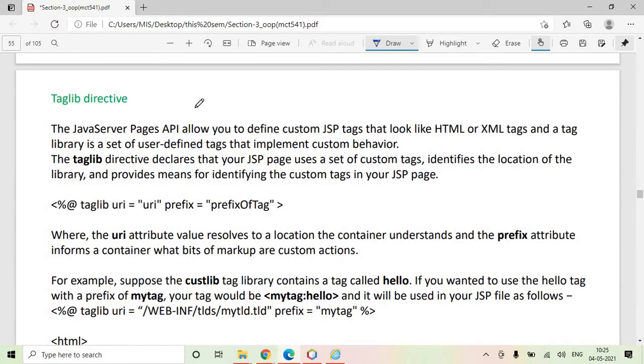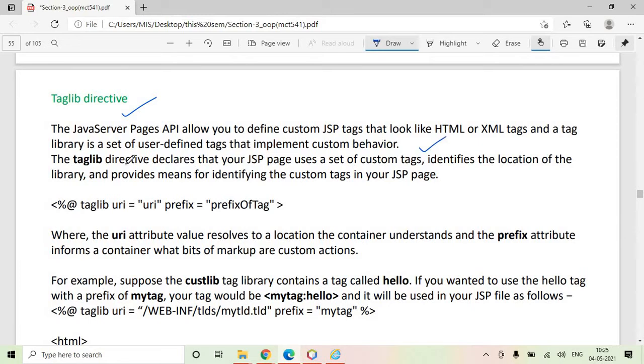Another one is the taglib directive. JSP allows you to create your own tags. It allows you to create your own tags like HTML tags, like your P paragraph tag, all the predefined tags that are there.